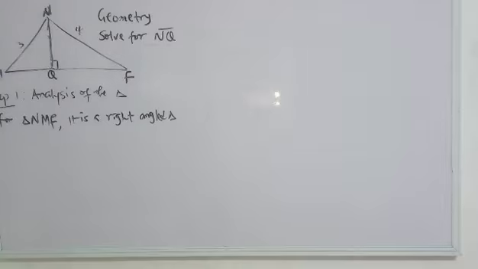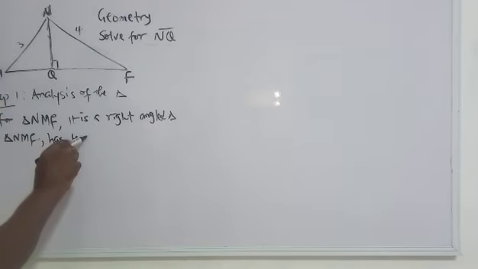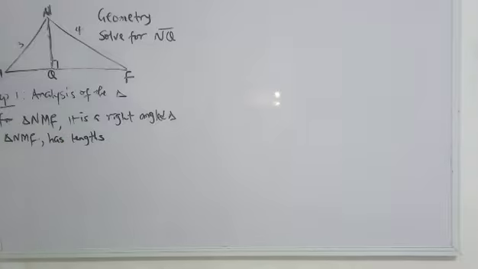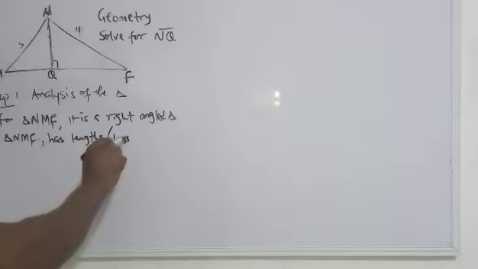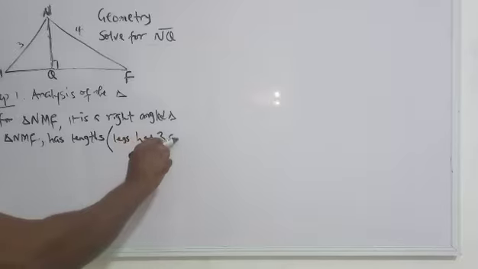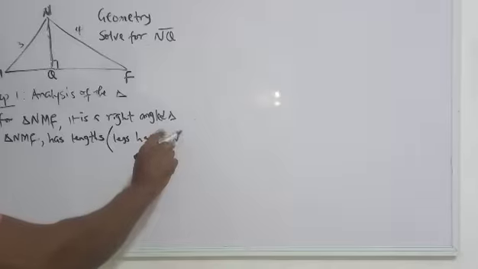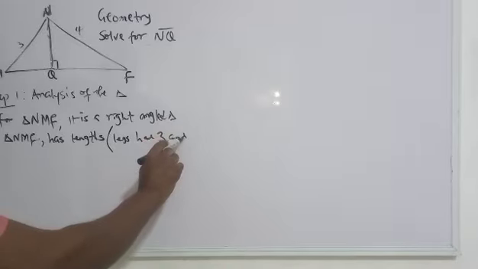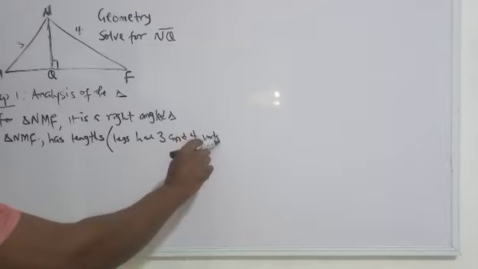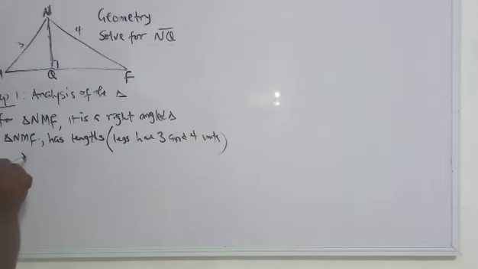And that fact is that the legs of this triangle NMF have lengths 3 and 4 units. That is, MN is 3 units,